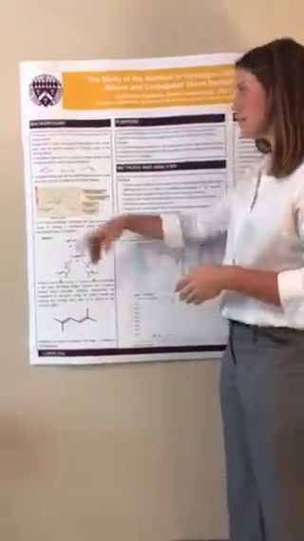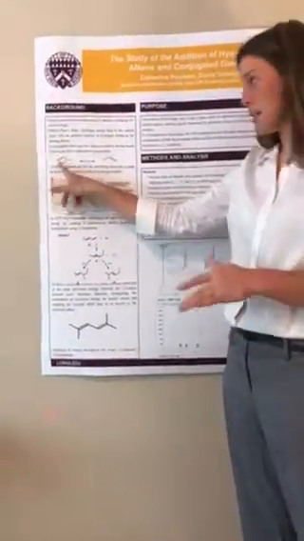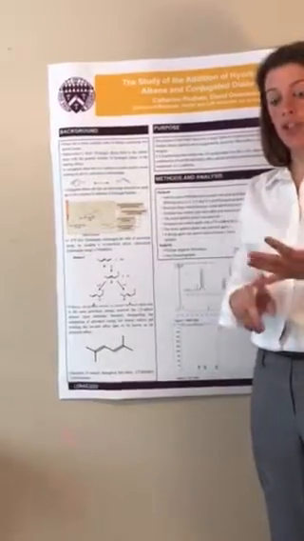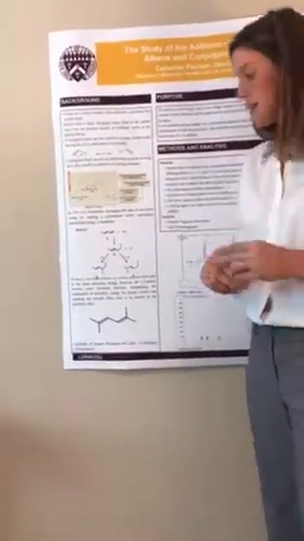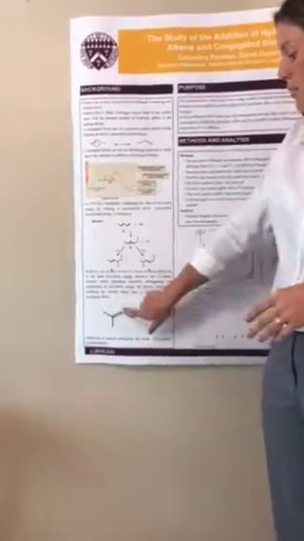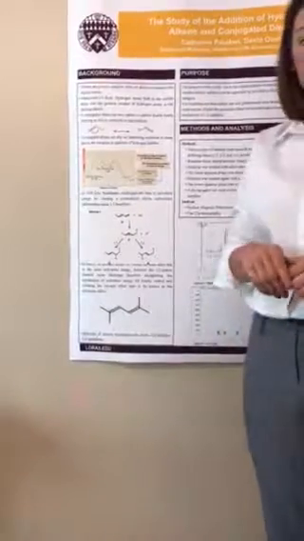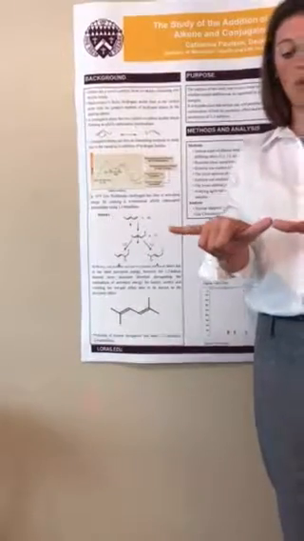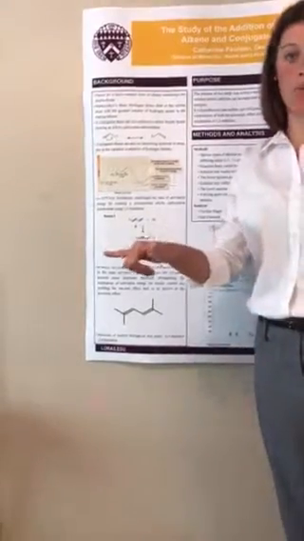An alkene, for visual purposes, is right here. It has one carbon-carbon double bond. A diene, there's 3 types: conjugated, accumulated, and isolated. They have 2 carbon-carbon double bonds. Conjugated dienes are separated by 1 single carbon-carbon bond. However, accumulated dienes are 2 double bonds back to back, and an isolated diene is separated by more than 1